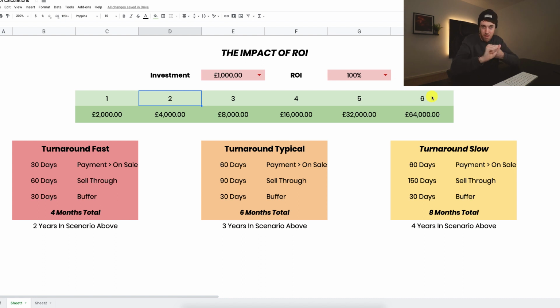So number one, it's a very simplified process. Number two, your ROI won't always be the same. It will go up and down depending on, if a product is new, you're gonna have to spend more on marketing. So you might not make any return on your first investment of stock. You might just make enough just to be able to reorder stock again.